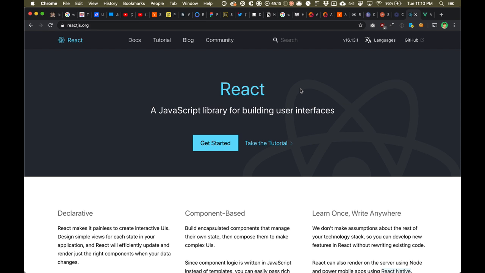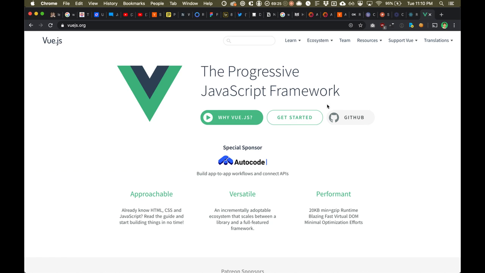And then as you learn what people want and as you learn why those things are hard to build with just vanilla HTML and JavaScript, then you're going to have a real burning need to learn something like React or something like Vue.